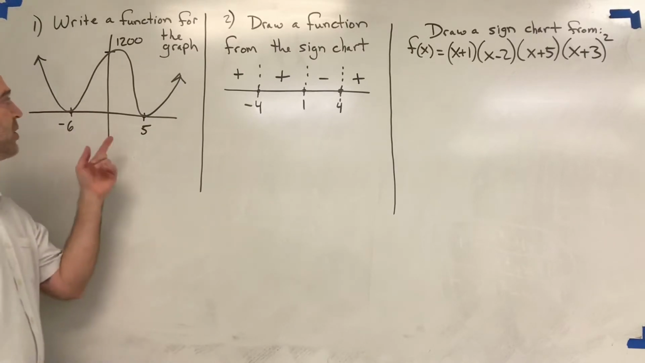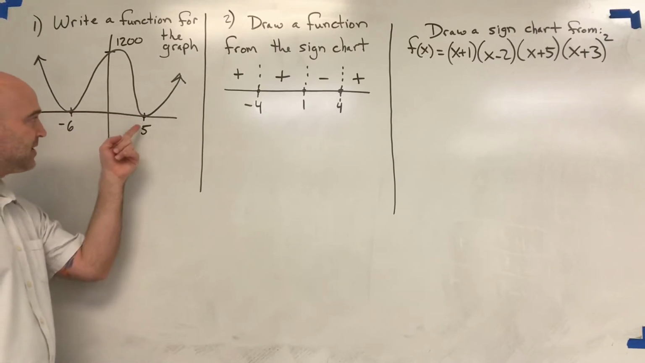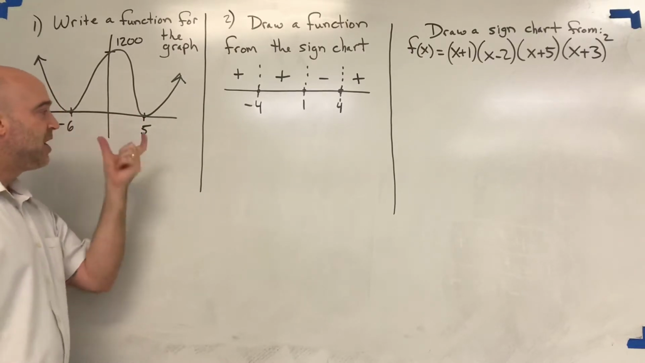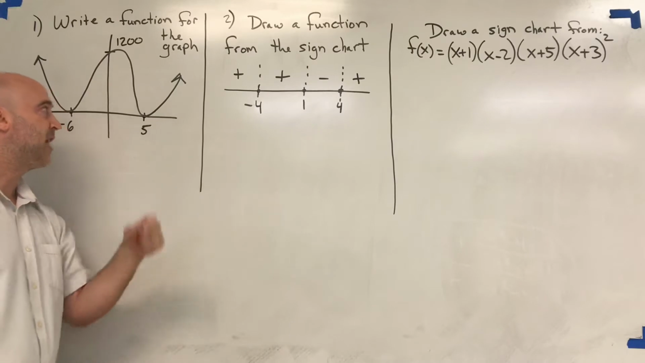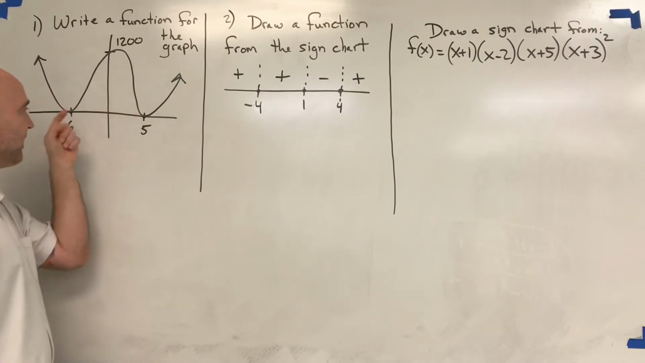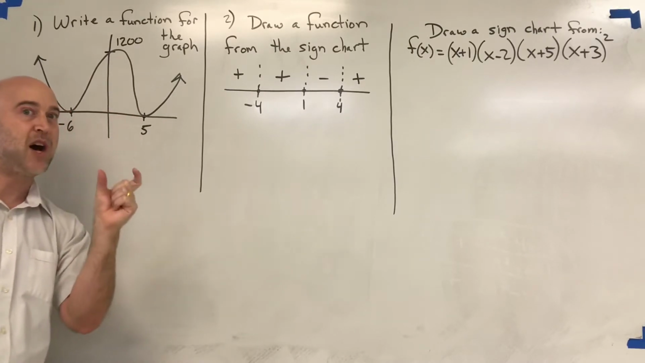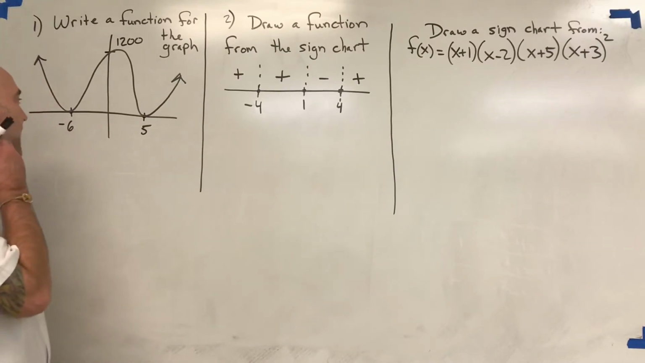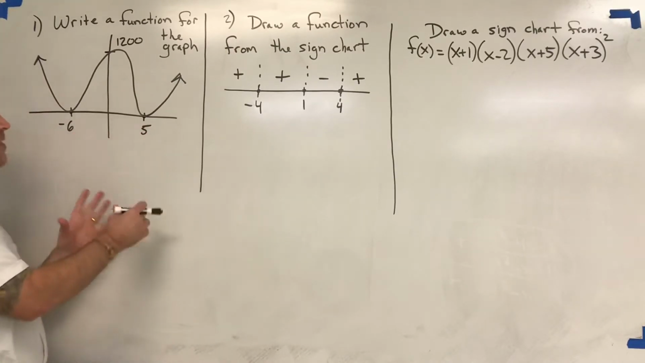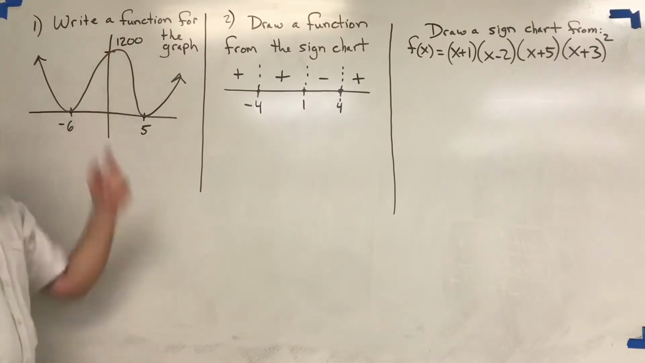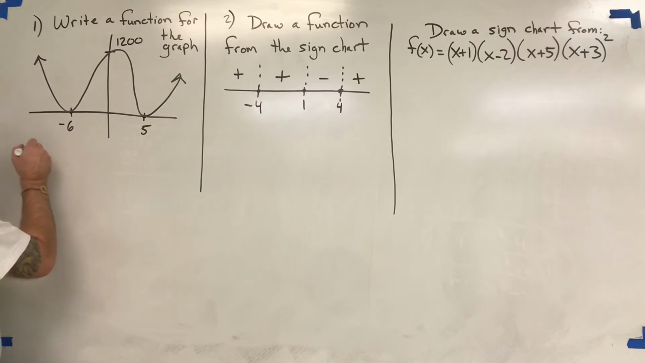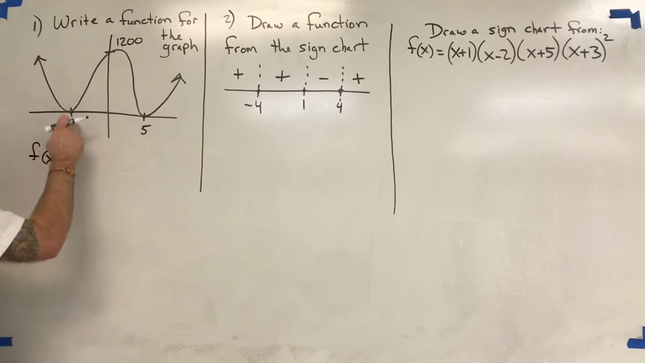A good thing to note is that when it crosses at an x-intercept, usually we just have one of those factors. When it bounces like this, it usually doubles up, or it's like a squared set of that factor. So I'll go ahead and set up the general form, and then I'll deal with that 1200 that plays a part in this. So the general form for this function, f of x, is going to be,